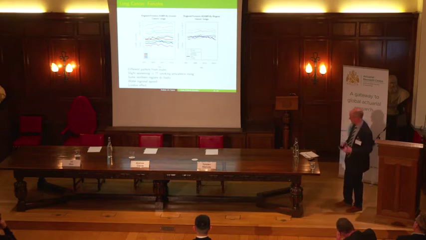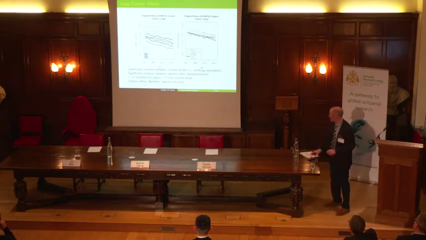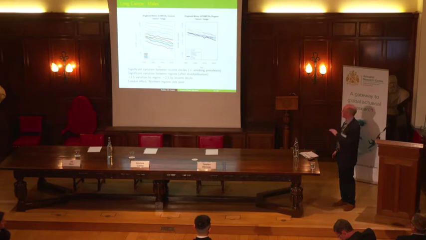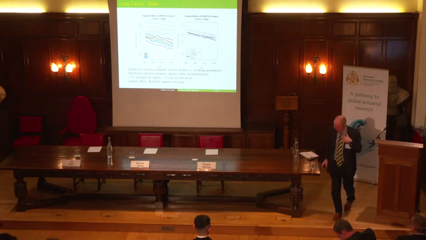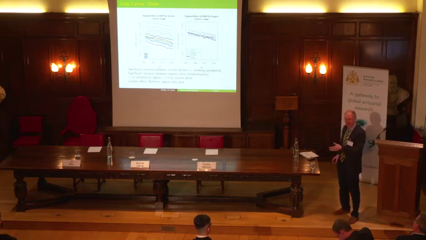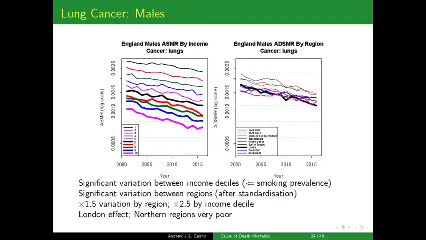If you look at males, you could see that there was a gradual downwards trend. If there's a downwards trend in lung cancer, the key thing to remember here is that there haven't really been any significant medical advances with the treatment of lung cancer, and certainly no cures. There's maybe some advances that have slowed things down a little bit, but there's still some way to go. So the fact that for males there's a downwards trend here is, to some extent, an indication that